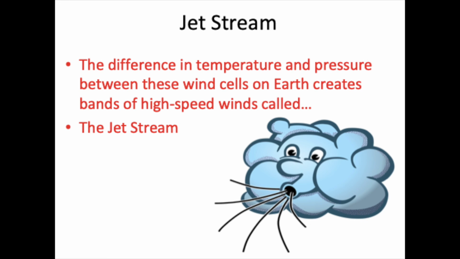The difference in temperature and pressure between wind cells on Earth creates bands of high-speed winds that we take advantage of, which is known as the jet stream. The jet stream in North America we can use for travel as far as with airliners. In order to save fuel, we can go with the wind if we're traveling towards the east. We can actually jump on board that jet stream and save fuel. Along with flying in the jet stream, that jet stream brings with it weather. And of course,